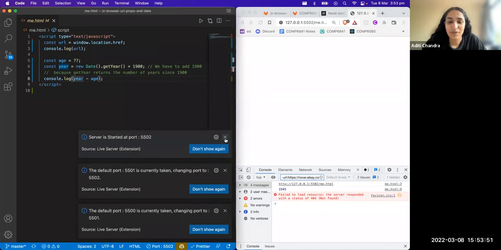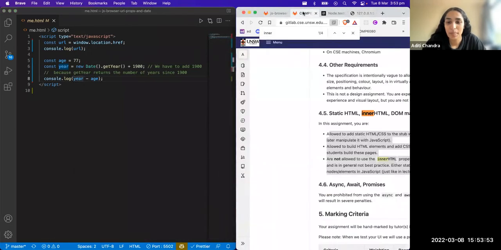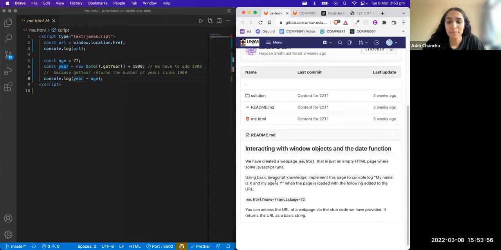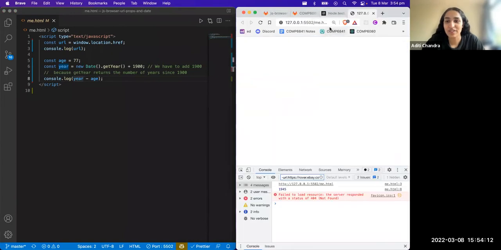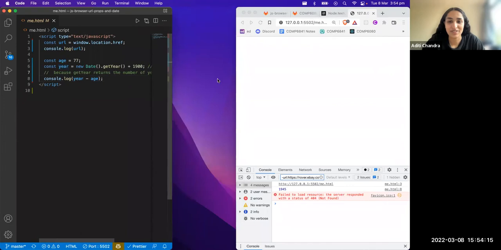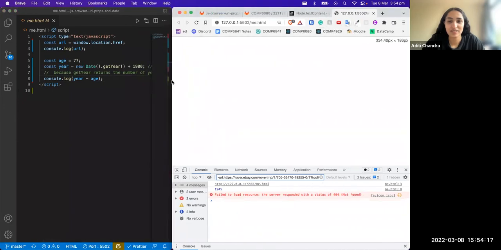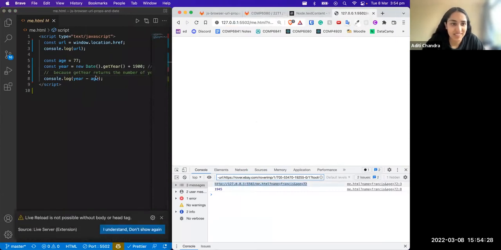But yeah, what we want to do here is grab some query parameters from the URL. So there are a couple of ways we could do this. So essentially, if our URL is, okay, we can't really see it, but me.html, if I put this into our URL, we can see this